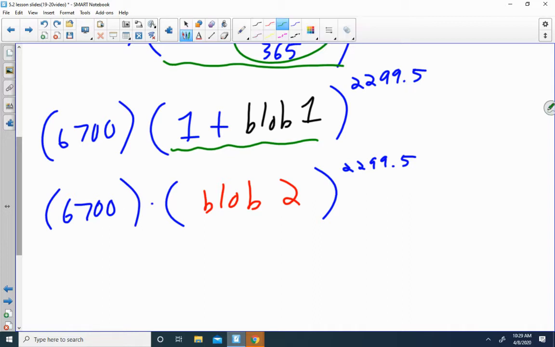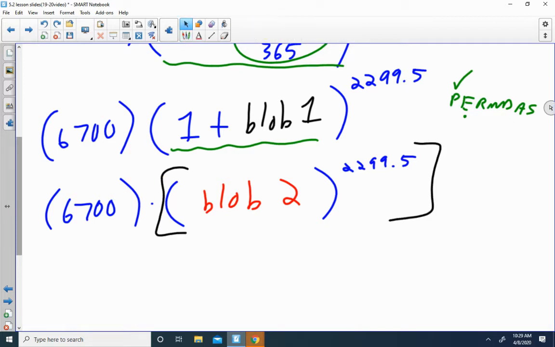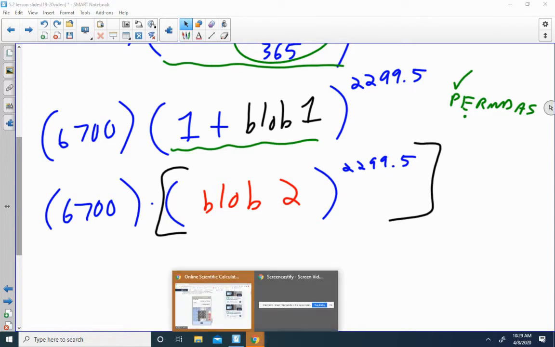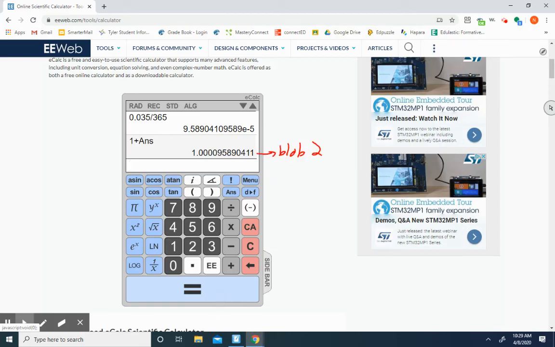Okay, looks like parentheses is all done, according to PERMDIS. Now we have to move on to exponents. So I can now take blob 2 and raise it to the power of 2299.5. Let's do it. So blob 2, or previous answer, raised to the power of